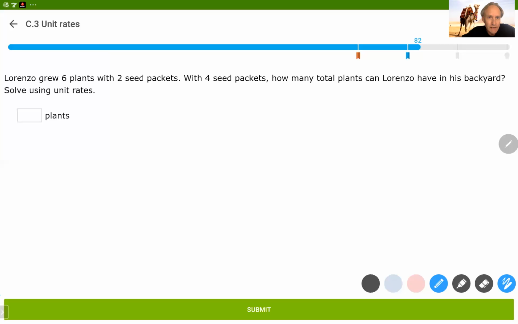Lorenzo grew 6 plants with 2 seed packets. With 4 seed packets, how many plants can Lorenzo